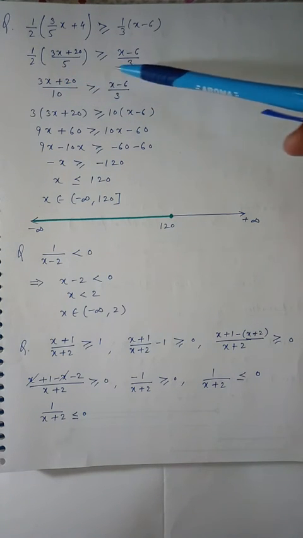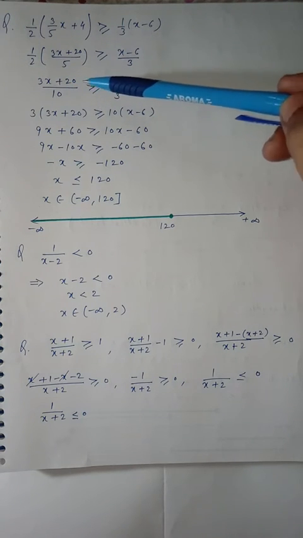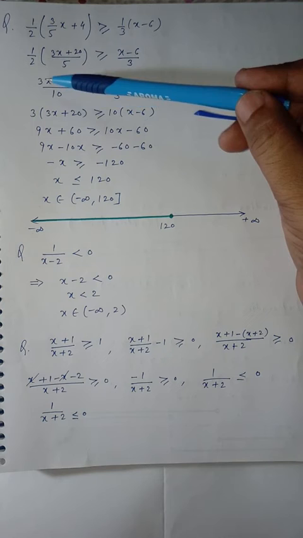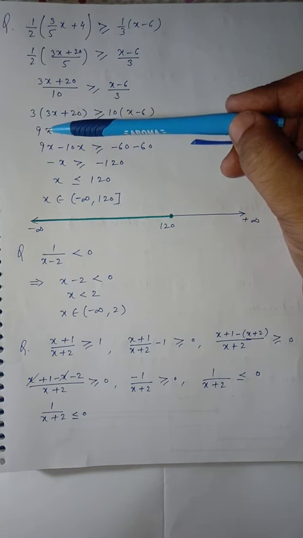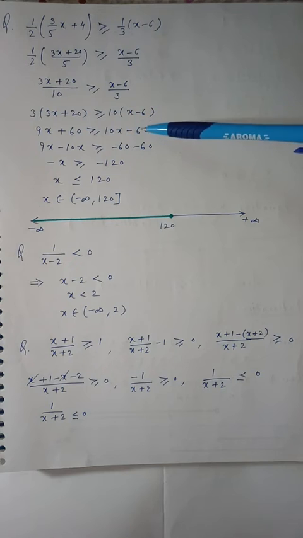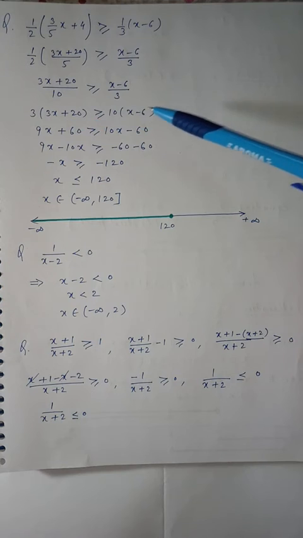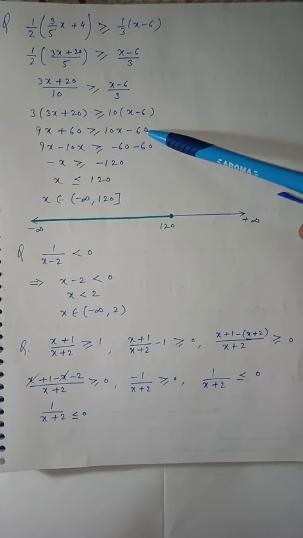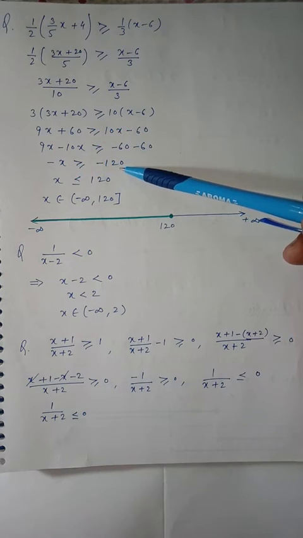So multiply both sides by 30. This is an actual rule. Or you can cross multiply also, but avoid it. Use this concept always. So multiply both sides by 30. You will get 30 upon 10, which is 3, and 30 upon 3, which is 10. So this is 3 into 3, 9; 20 into 3, 60. This will remain the same, 10x - 60. Transfer the 10x to the left hand side and 60 to the right hand side. So 9x - 10x is greater than or equal to, the 60 is here and this plus 60 becomes minus 60. So -x is greater than or equal to -120.